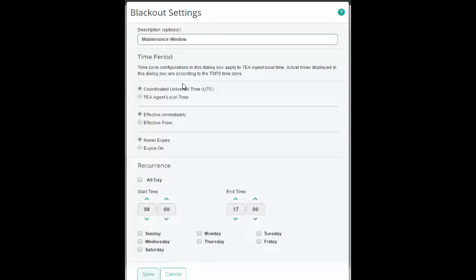Select a time zone for your blackout period. There are two options available for time zone. The first is UTC, which is Coordinated Universal Time. This is a standard time zone that is exactly the same wherever you are in the world. It can be especially useful if you're implementing a blackout on a number of execution plans in a number of